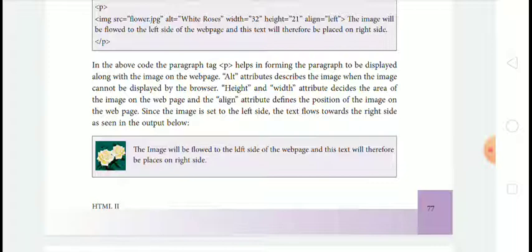The image will float to the left side of the web page, and this text will therefore be placed on the right side. So this is all about the align attribute which we use in the img tag.